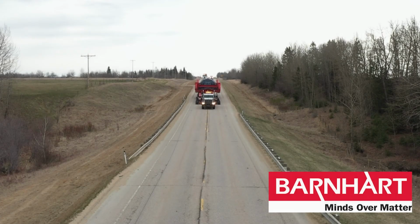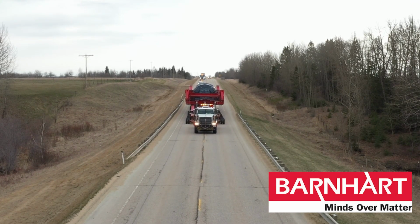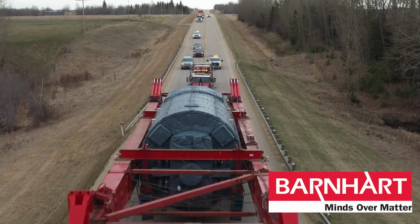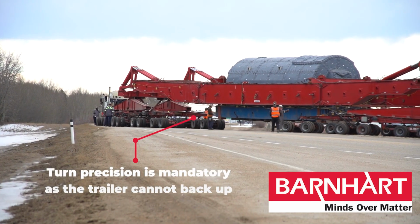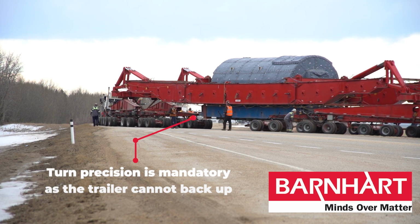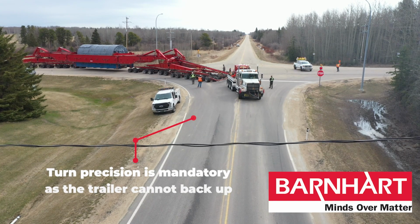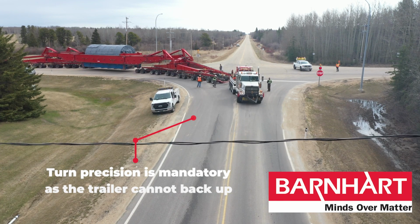Barnhart's motto, "Minds over matter," exemplifies our response to this particular project. From the initial bidding process, Barnhart realized that this was going to take some serious problem-solving abilities. Utilizing our dolly transporter, we were able to transport 2 850,000-pound generator stators 270 miles both before and after frost law restrictions were enacted. This was done with considerable effort from engineering and following the requirements from Alberta Transportation. The low tare rate of the Barnhart dolly transporter significantly improved bridge rating and dramatically reduced risk of impacts on